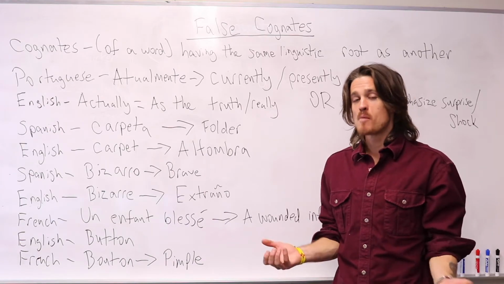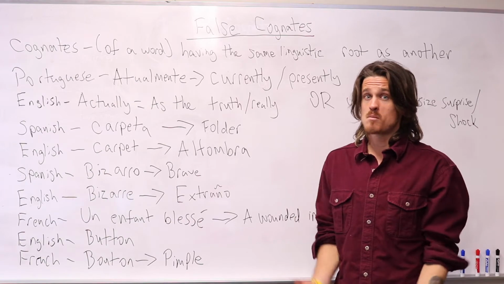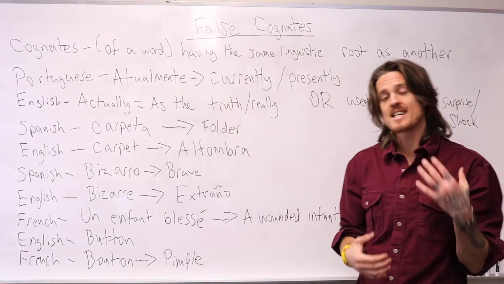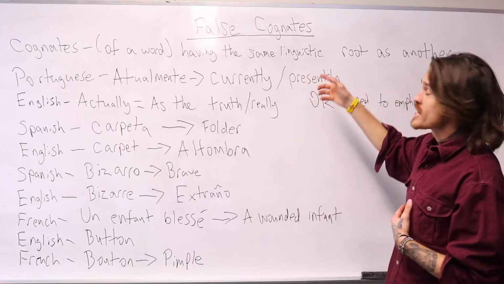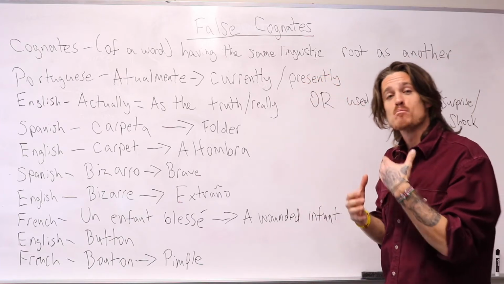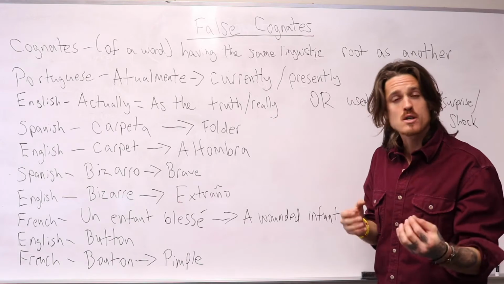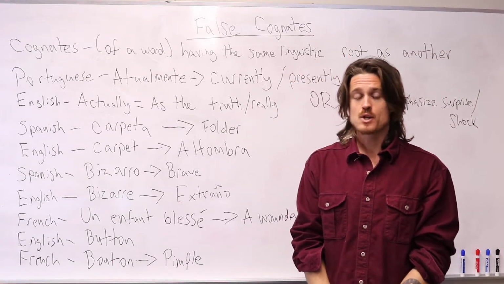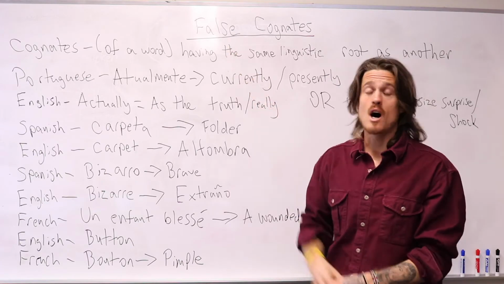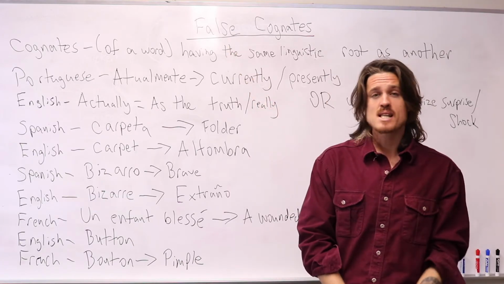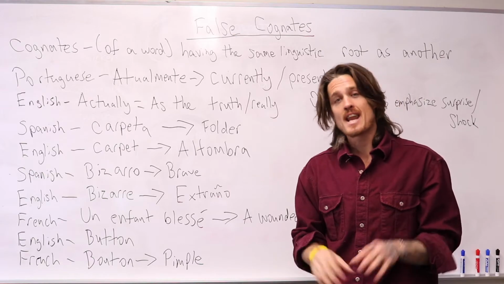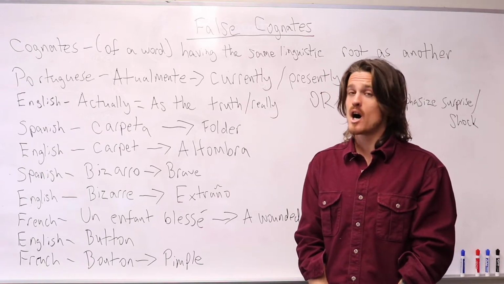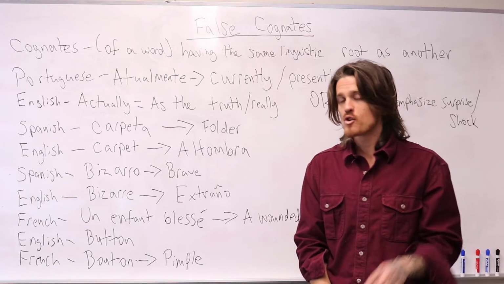So, before we talk about false cognates, let's say, what is a cognate? A cognate is a word that has the same linguistic root, so it has the same sound or looks the same as a word in another language. But if it's a false cognate, it may look the same, it may sound the same, but it may not have the same meaning. So there are many false cognates out there that you have to be careful of when